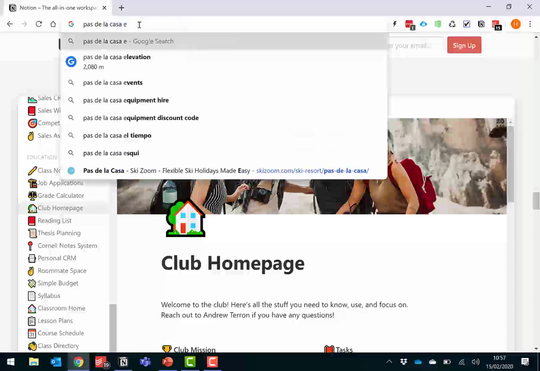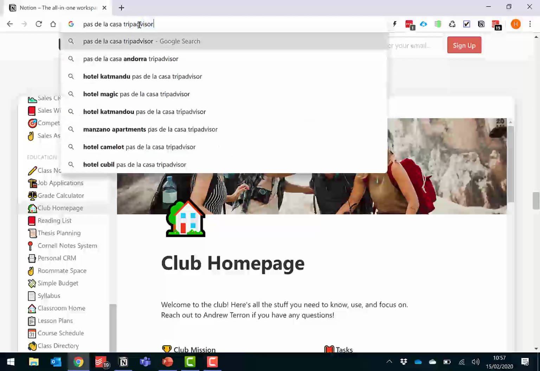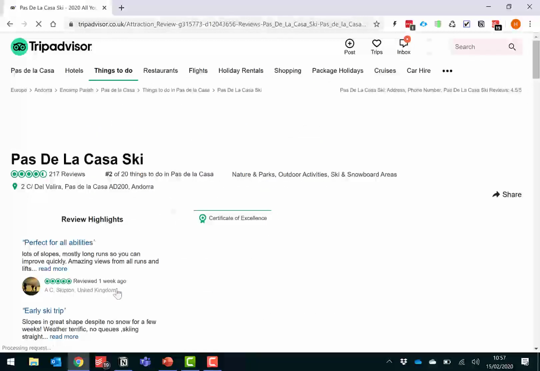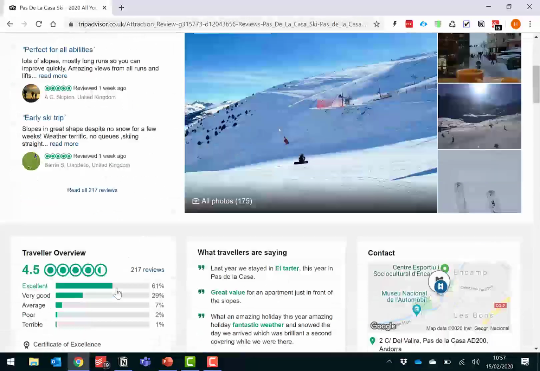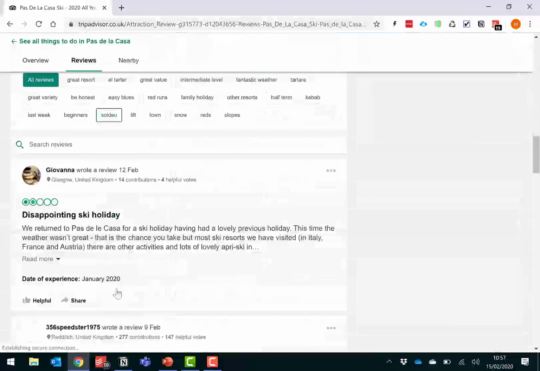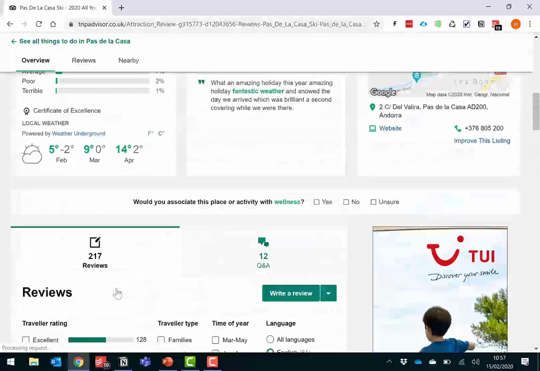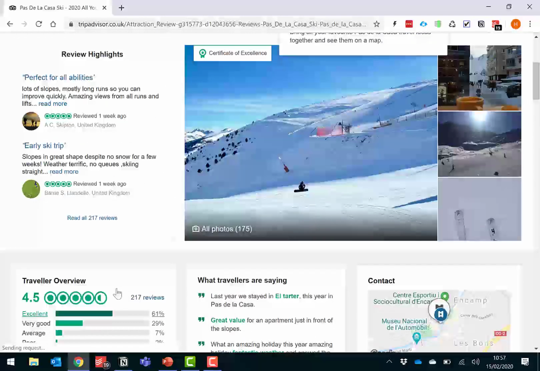It's in Andorra, and I'm just going to go to TripAdvisor to see if there's anything interesting there that I'd really want to see. So let's go to the TripAdvisor page. And where are the attractions?